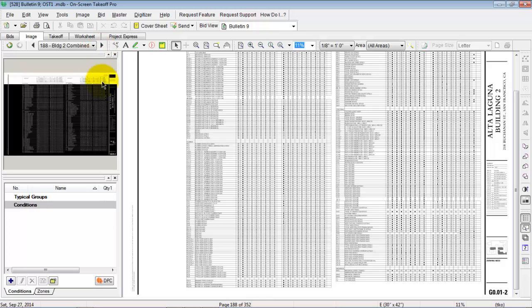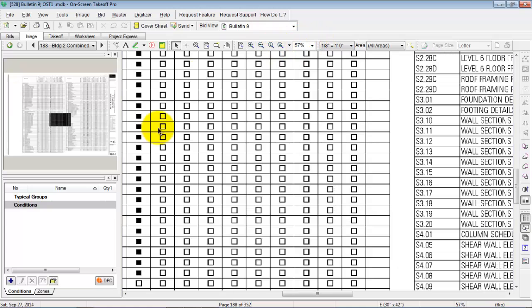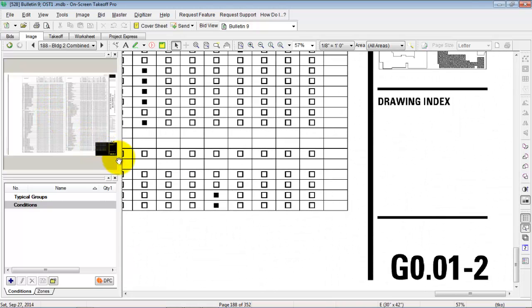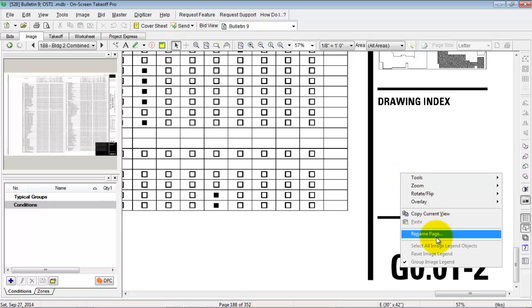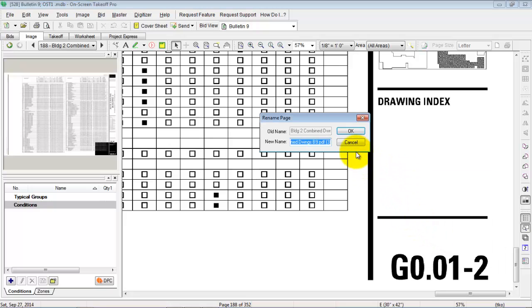Okay, so we've got the next page, and you notice that this is kind of small down here, so we're going to go to custom zoom, bam, and then I'm going to drag this down here, and then I've got a better view of it. Then I'm going to right click on it, go to rename page, and I'm going to tell it it is G0.01